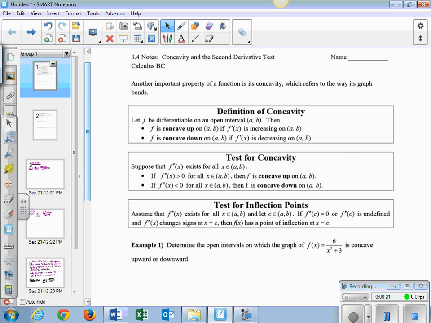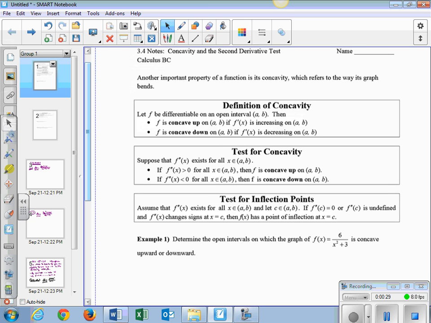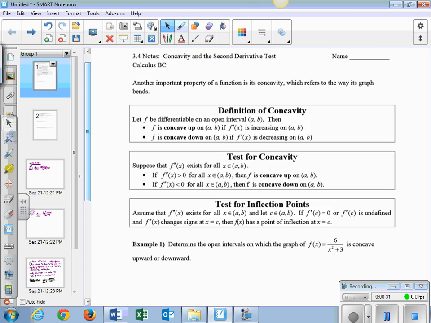If you look here, there's three boxes here that we need to kind of go through. Another important property of a function is its concavity, and that's if it's curving. This is concave. Okay, if it's going concave down, it's going to look something like that. And if it's looking concave up, that's what the shape looks like if it's concave up. So we'll be deciding by looking at, usually the second derivative, if the original graph f of x is